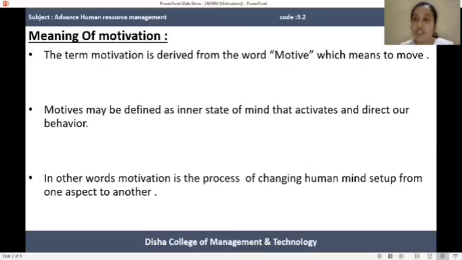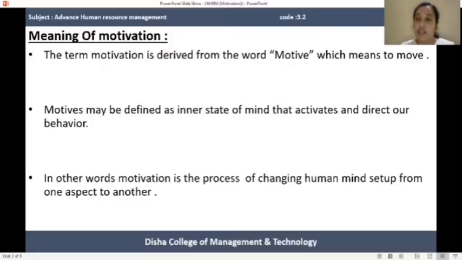Means if the organization wants to improve its productivity, wants to increase the performance of the employees, then through motivation, they can move the person from the present condition to the desired condition. Here the desired condition means improvement of productivity, increase of productivity, improvement of performance. Now, in the present situation, employees' performance is not up to the mark, and employees' productivity and performance is not sufficient. The organization wants more work from the employee. Through the technique of motivation, it helps the organization to move the employee from the present state of mind to the desired state of mind.